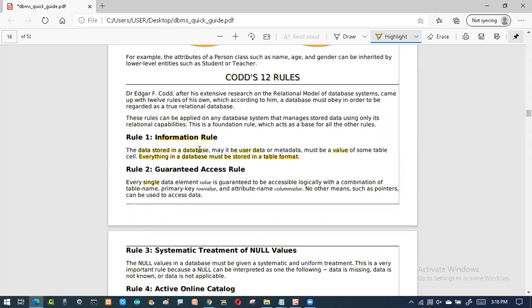So I should be very guaranteed while I'm trying to access the table name or the primary key or the attribute, for which pointers cannot be used as data. Now here, if you remember, this is a very important one. I cannot use the pointer concept. Now what does this pointer concept say? Suppose I'm using the C language or C++,